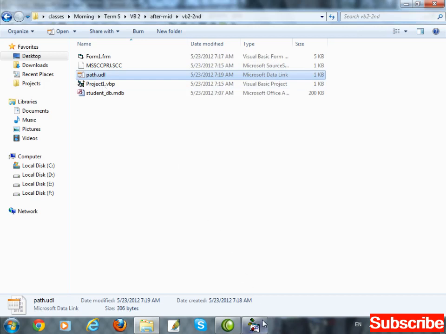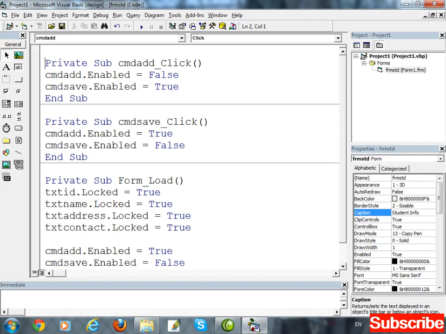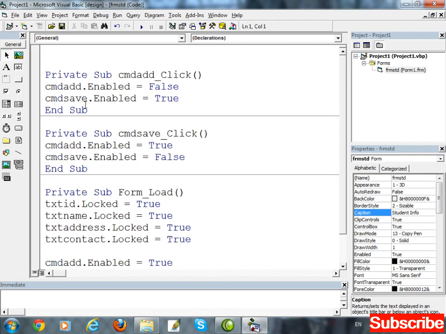Okay. The next thing, on the top in general section, we are going to declare two variables, one for connection and the second one for record set. So here write dim cn as new ADO. Before declaring the connection variable, we have to import some properties from references.